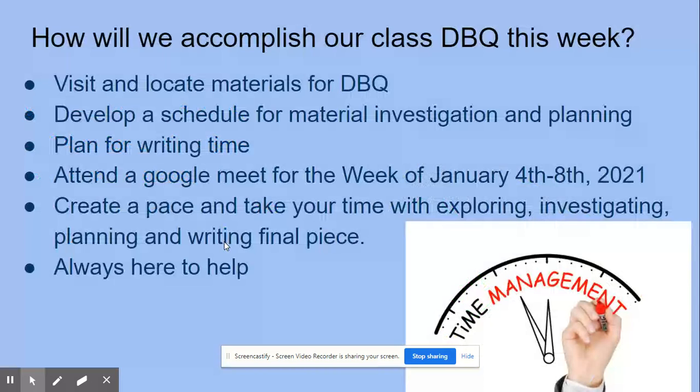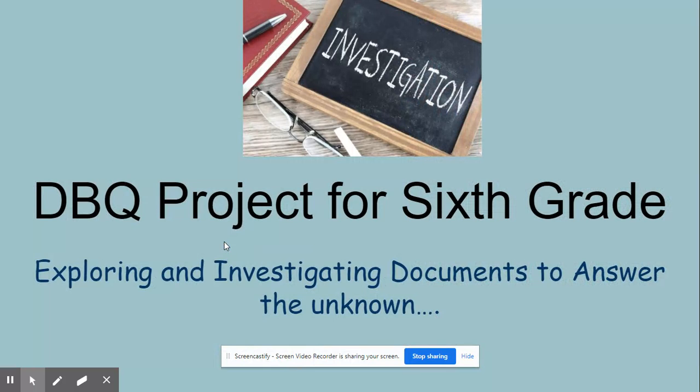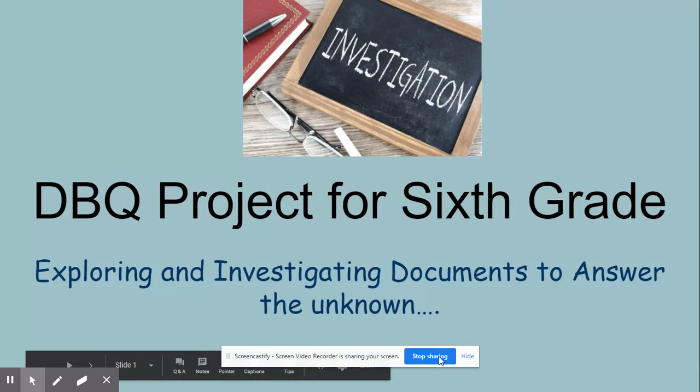So, as I said, right now, the one thing you might want to do is go into the course, visit and locate the materials for the DBQ. If you have a printer and you want to print it out, that's great. If you don't have a printer, don't worry about it. You won't need it. All you're going to need is that graphic organizer for writing your information down and citing your evidence. You can also highlight that text, and I think that will hopefully help you. So remember, if you have any questions or you need information,